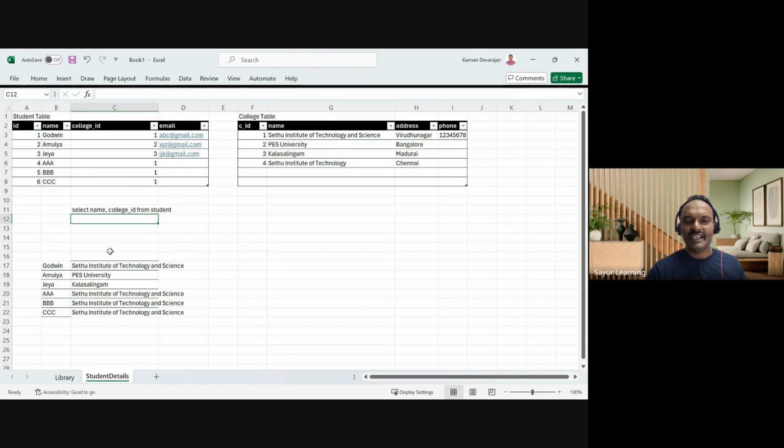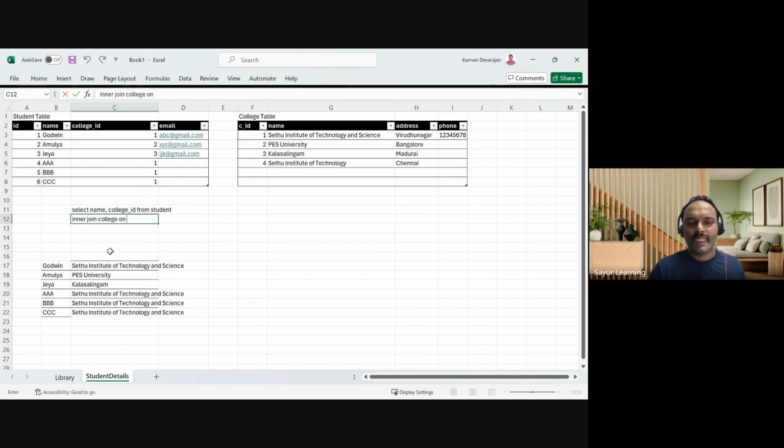For that, I need to do an inner join. So I'm actually joining two tables and getting combined information. Which table am I going to join? The first table is student, that means it is the left table. The second table is the right table. Have this in mind, you will need this information later when you study left join and right join. Inner join college